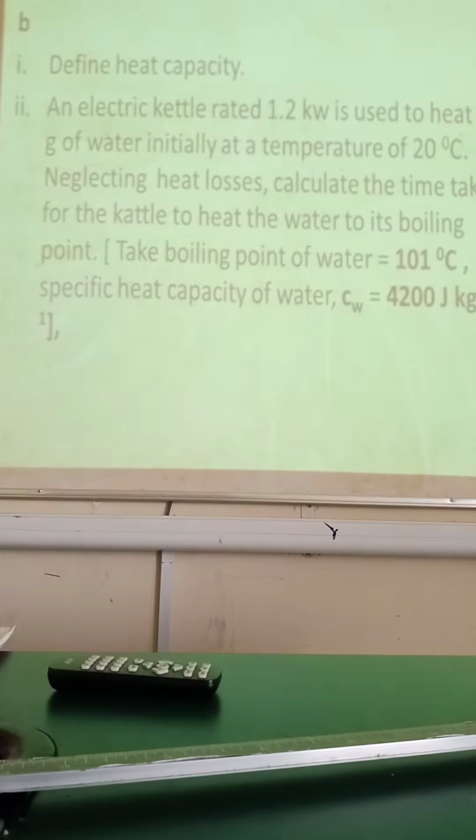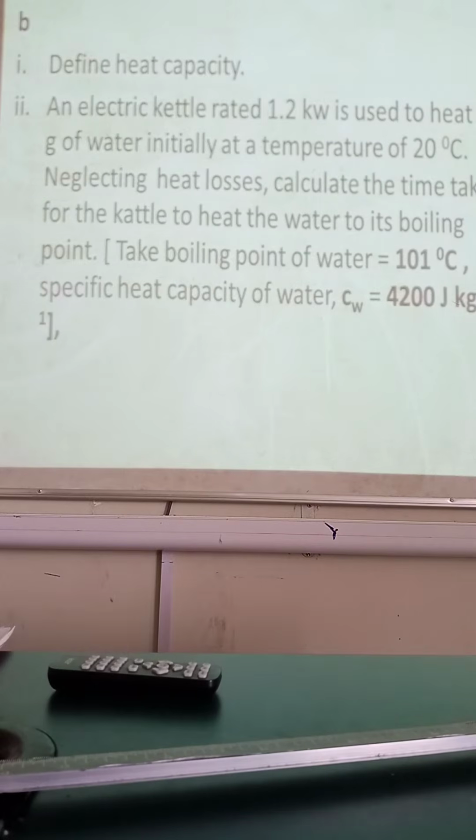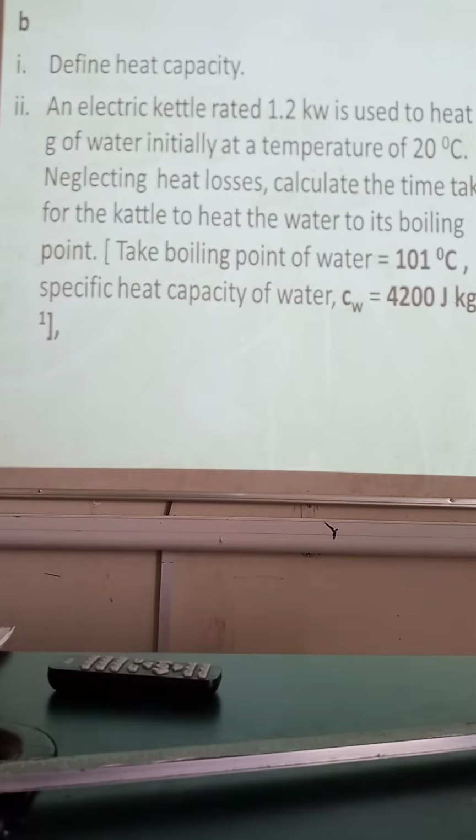If you can look at the board, I read: an electric kettle rated 1.2 kilowatts is used to heat 800 grams of water initially at a temperature of 20 degrees Celsius. Neglecting heat losses, calculate the time taken for the kettle to heat the water to its boiling point. Take the boiling point of water to be 101 degrees Celsius and the specific heat capacity of water to be